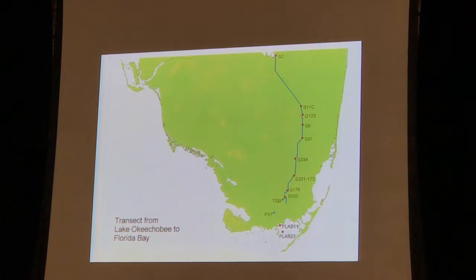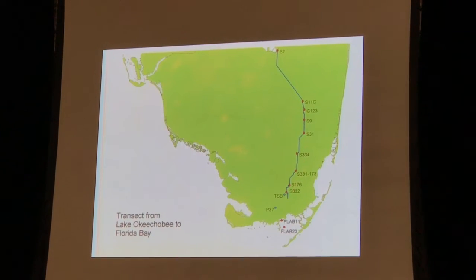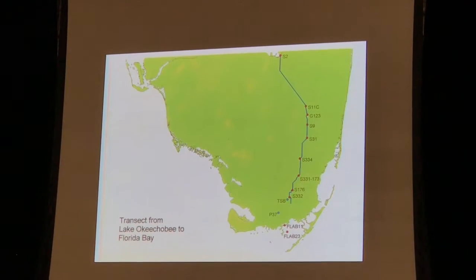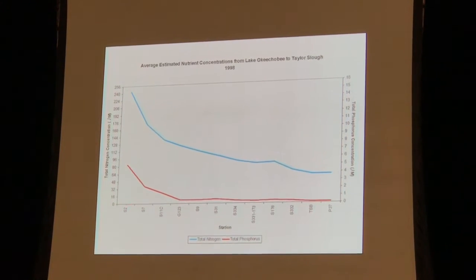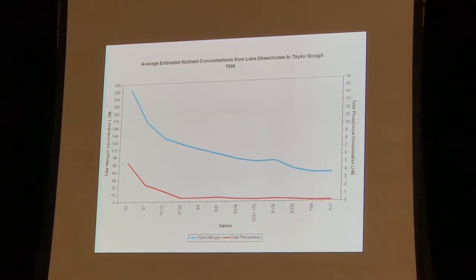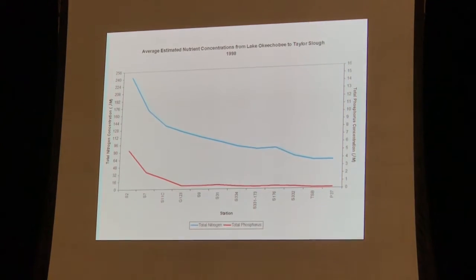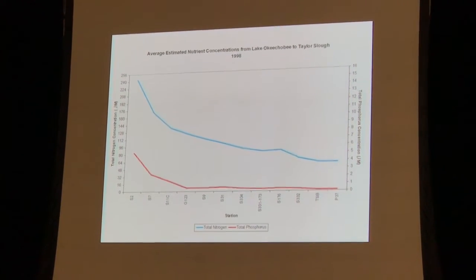So we're going to do a transect from the sugarcane fields down through the Everglades and down into Florida Bay. Here's the sugarcane fields over here. Here's Florida Bay over here. Red is concentrations of phosphorus. So you see phosphorus coming out of the sugarcane fields,